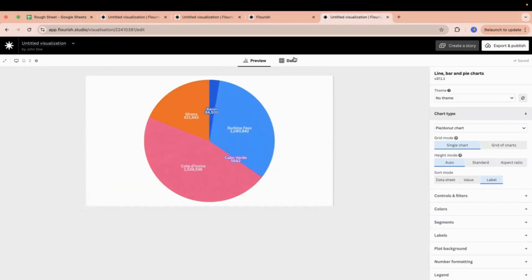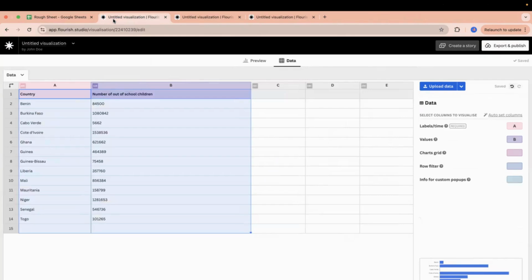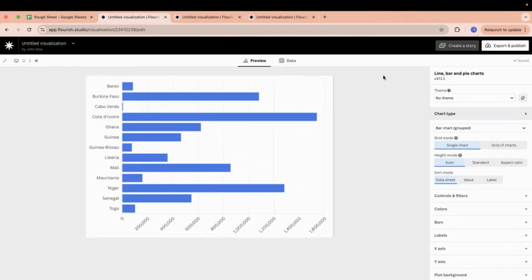And now that you can see that the pie chart makes more sense, you can really see that the data is much easier to understand. Now that we've gone through how to select our charts and how to input our data, let's quickly run through some customizing options. Customizing is making your chart look beautiful, more appealing beyond just the